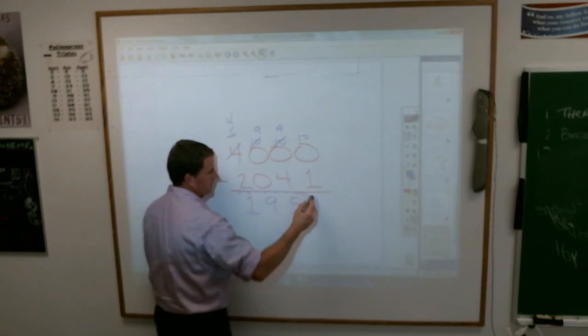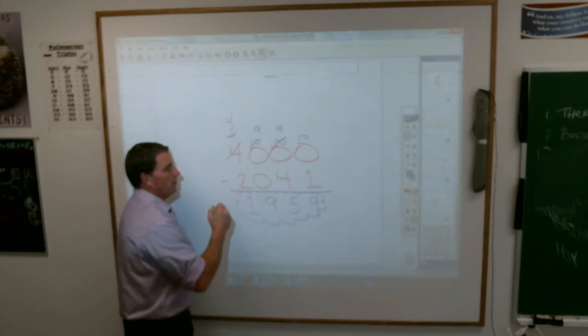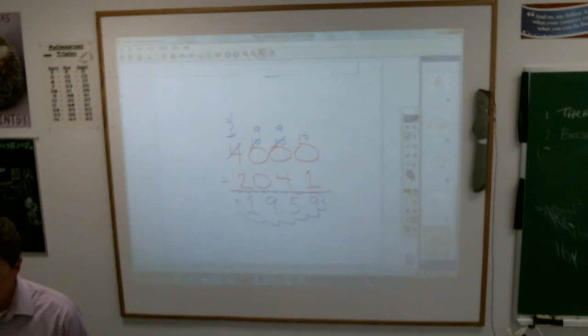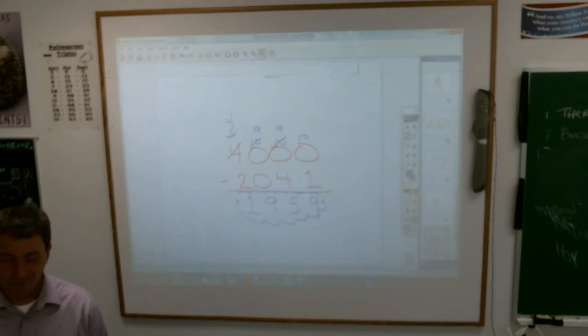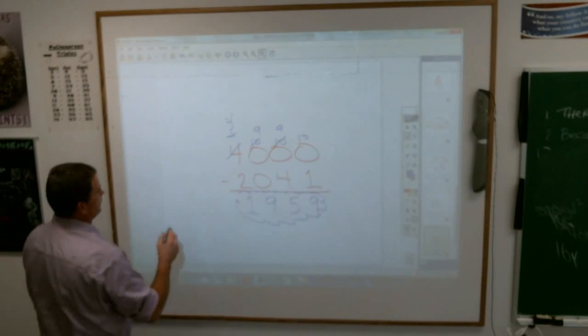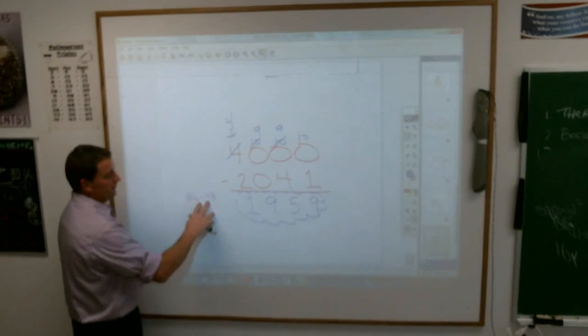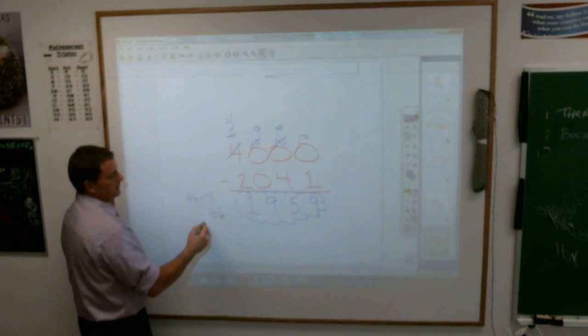Anybody have any issues with that? Please make sure with all subtraction problems that you always write them up and down, even if they're sideways in the book. You know, they have written in the book 86 minus 48 as a problem written sideways. You don't leave it like that, you write it as 86 minus